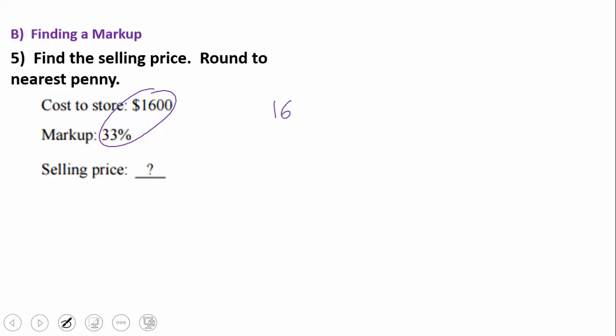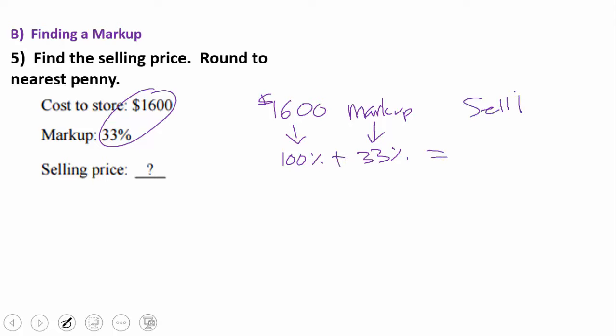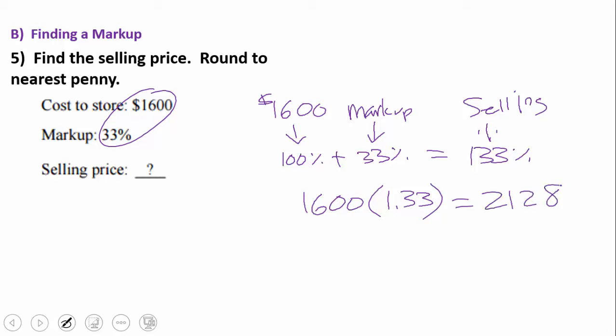So I know that $1,600 represents 100%. And I know that I have a markup, and that's another 33%. It's a markup, so I'm adding it. That means the selling percent is 133%. So now that's finding the percent. That's how I do it. And then I take my original price, the $1,600. I multiply it by 1.33, which is the decimal for 133%. And when I'm done, I get 2128, which means I'm paying